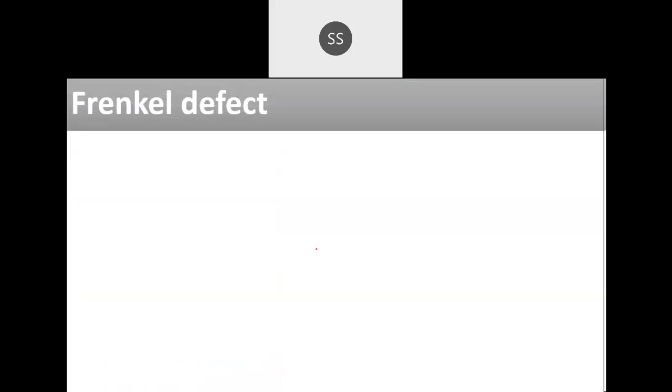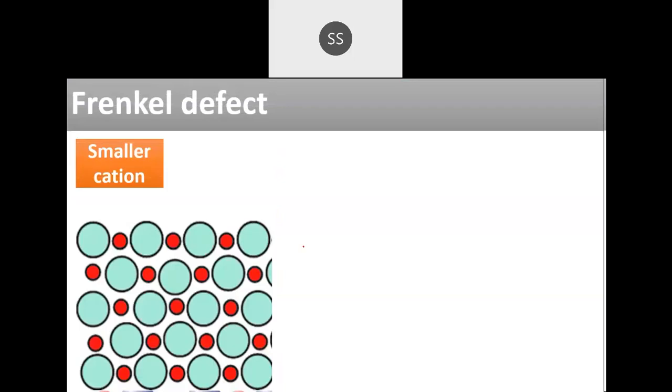Then next one was Frenkel defect. The speciality of this defect is usually it is seen where the cation size is smaller and your anion size is larger. So if that happens, then if larger anions are sitting, you will see a lot of space will be created in between. That space is actually very large for that cation. And then what they do is they will go and sit in that in between space. Interstitial site is there, so they move themselves into that particular place.